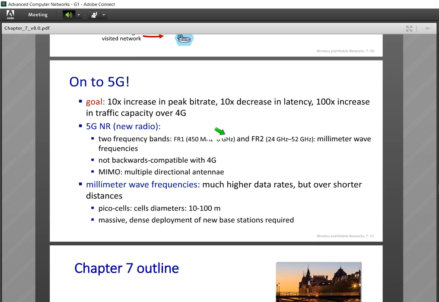This means that those signals have higher frequencies. They can send a higher amount of data, but